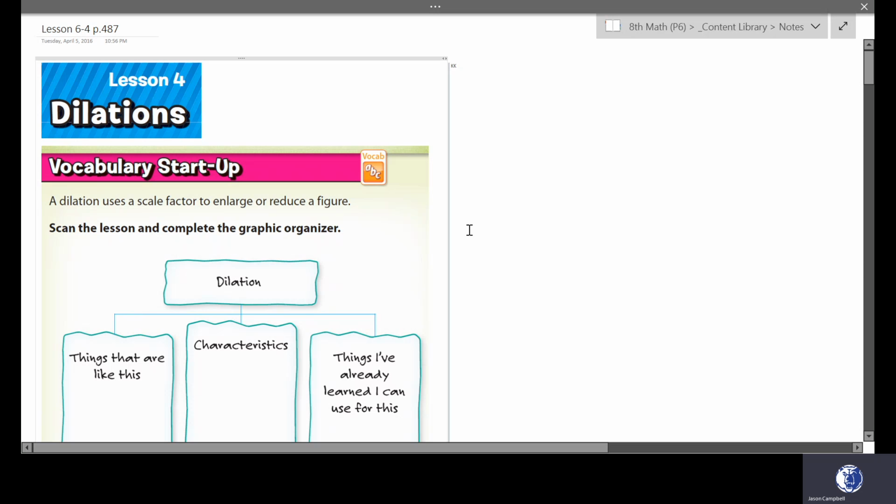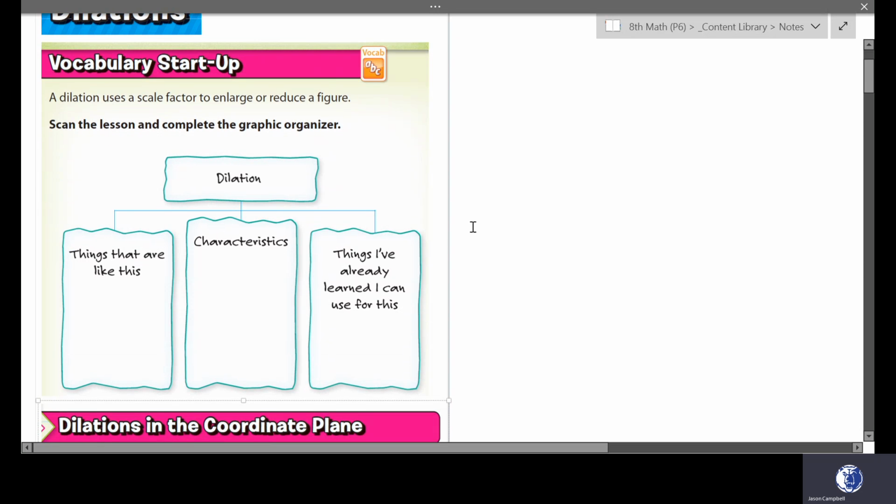Chapter 6, Section 4, Dilations. A dilation uses a scale factor to enlarge or reduce a figure. Scan the lesson and complete the graphic organizer. So things that are like a dilation might be scale models